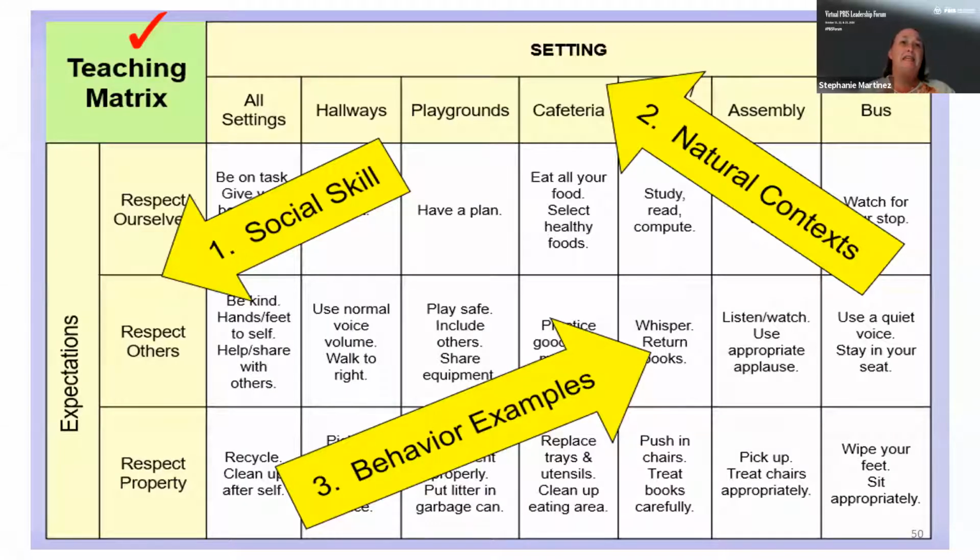We think about having a teaching matrix, and so here's an example of that. It tells us for the expectations, what do those behaviors look like in those settings? So this is one of those that probably may need to be revised frequently, especially with the way things are going on with kids coming and going. So we might have new safety procedures for arrival at school if you have to have a mask or temperature checks. They may be changed based on what your school is doing. So for example, I know some of our elementary schools here in Florida, lunch is no longer in the cafeteria. So what does lunch look like in the classroom now instead of in the cafeteria? So they may need to be changed based on what's going on.